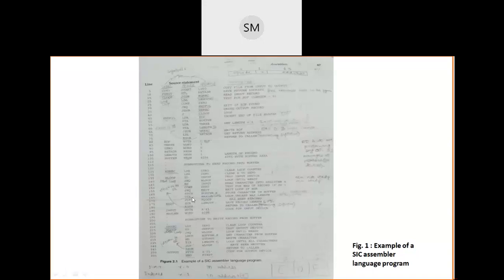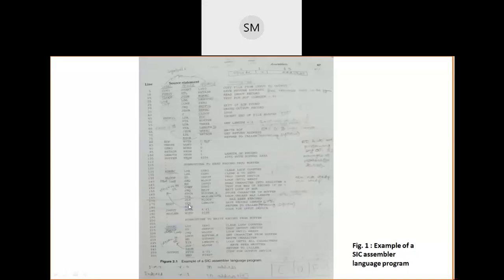Now once this condition becomes false, which one? TIX max length. Once x value is also 4096 and max value is also 4096, 4096 is less than 4096, which is false. At that time, it will not execute this JLT instruction. It means it will not go back to R loop, and directly it will come to STX. STX instruction is what? Store the data from register to memory. Correct? STX. Which register? X register.